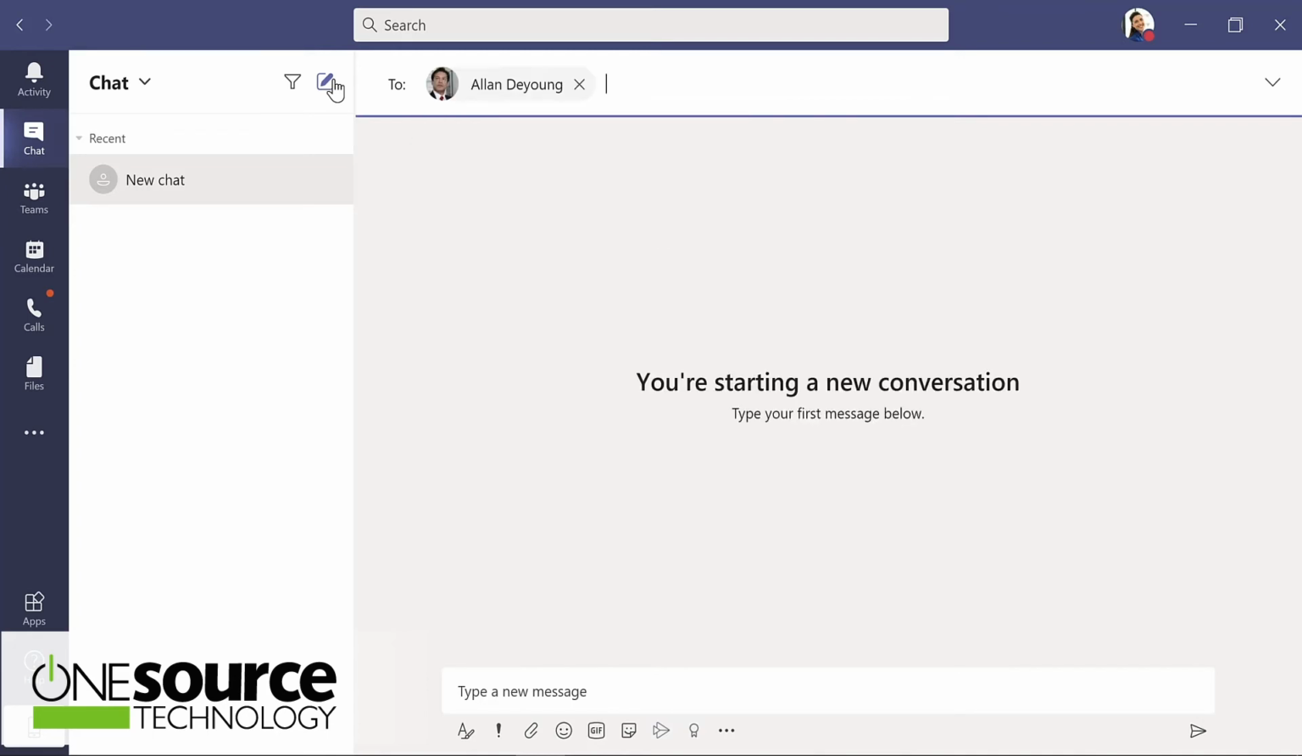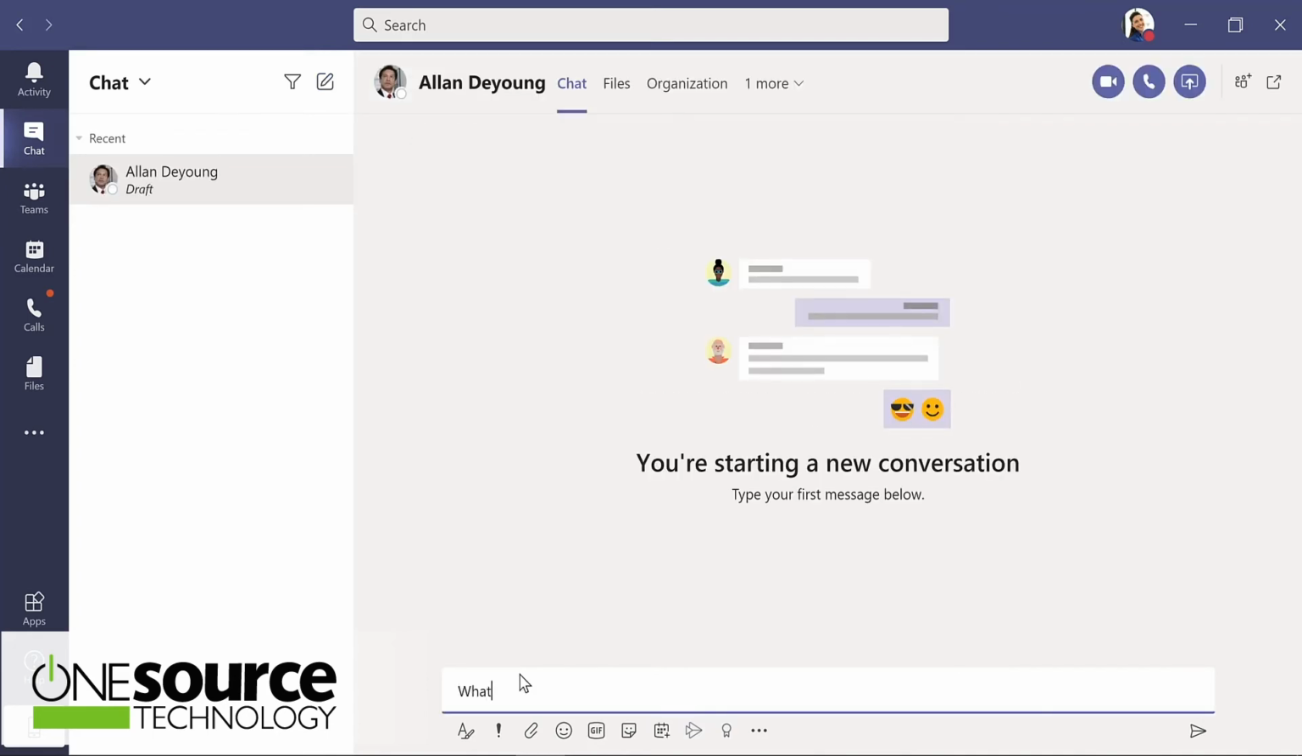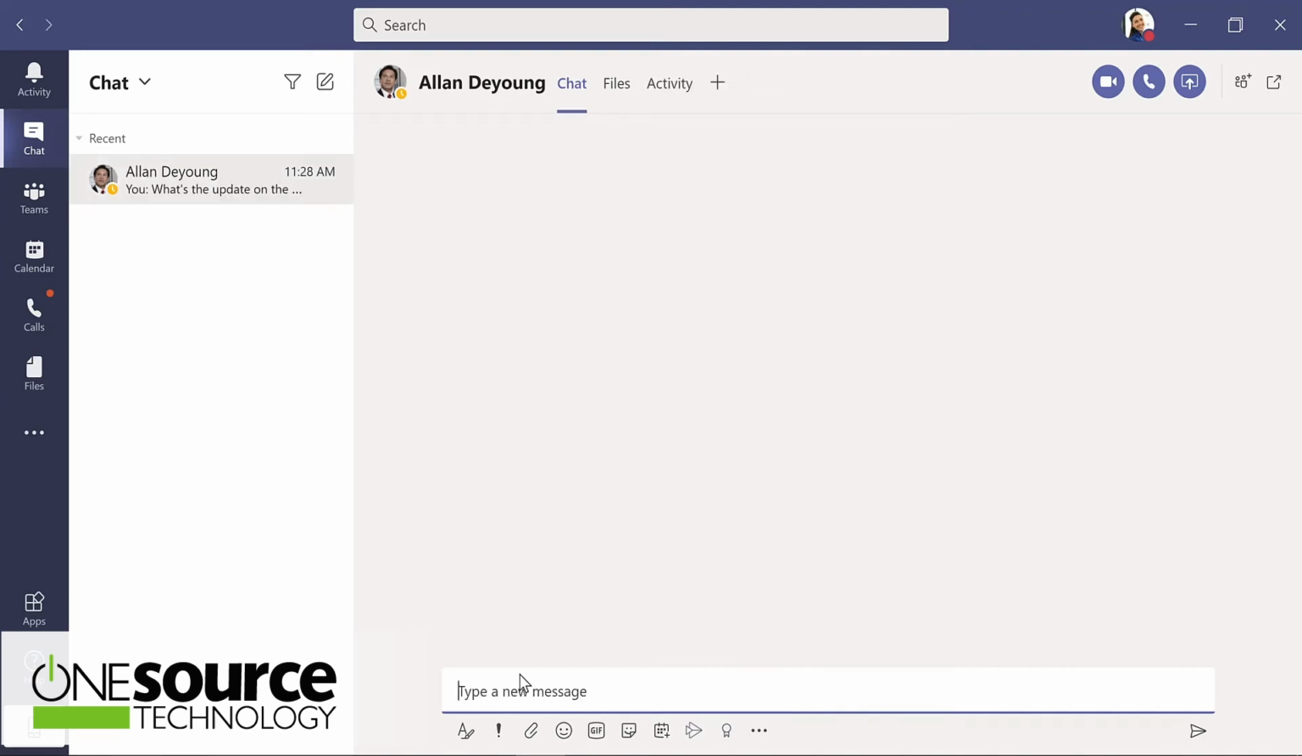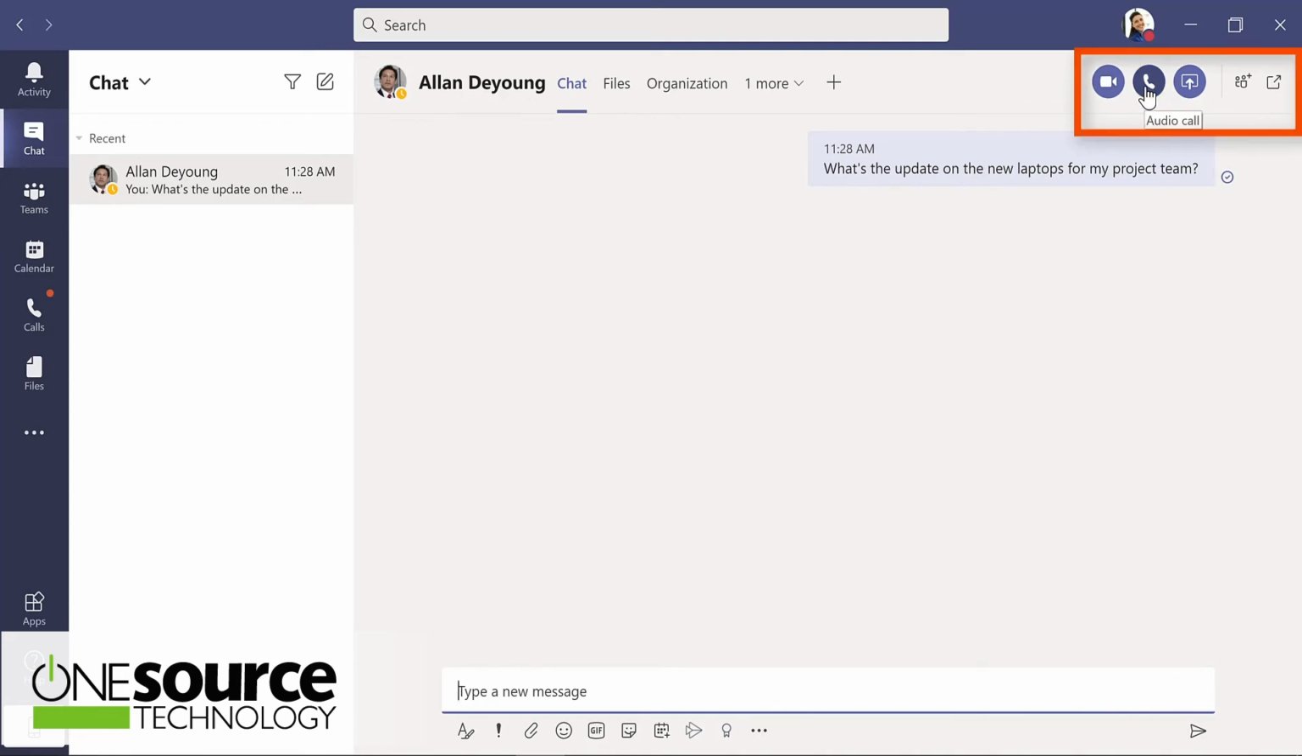And I want this message to go to Alan. I'll hit enter to send that. Notice I have other options. I could have started this as a video call, an audio call if that's supported in your organization. I could start screen sharing. Could add people to this. Or I could even pop out chat, which is a great feature when you might be working on other tasks